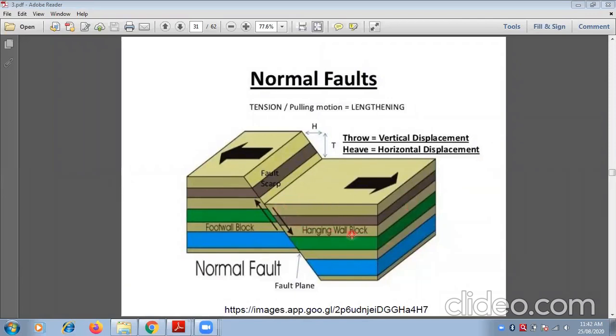Okay, now what is the meaning of hanging wall? What I told, the block which rests above the fault plane. So here, this is the fault plane. On that fault plane, the block is resting. That resting block is considered as a hanging wall, and the block which is below the fault plane is considered as a footwall. So if the hanging wall moves downward and the footwall moves upward, then such a type of fault is considered as a normal fault. Okay, got it? The definition of the normal fault.